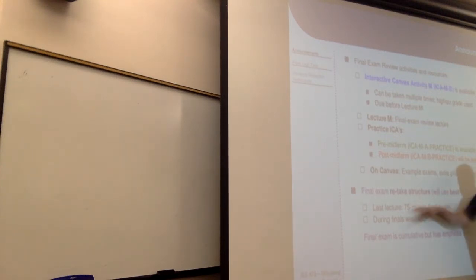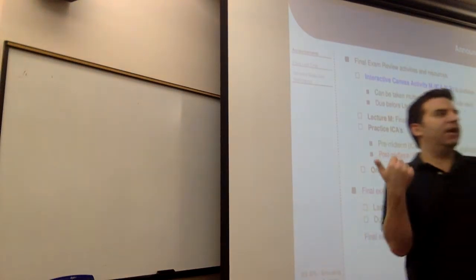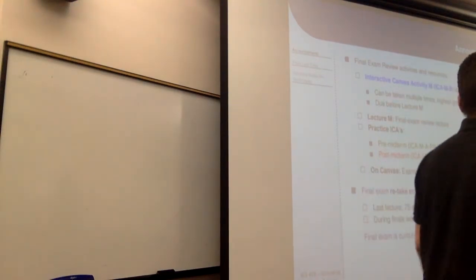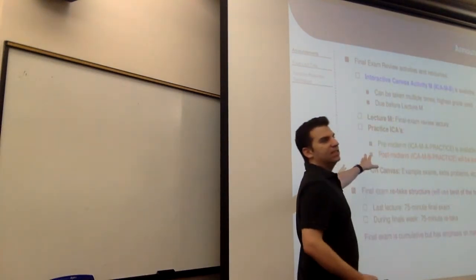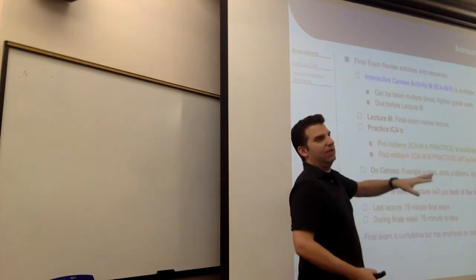Although, because it is 75 minutes, things will be concentrated more on the second half of the material. I have the post-midterm, but I am going to integrate some stuff from the early stuff. So do expect to know what a model is, like know the qualitative definition of a model, know about hand simulation, know how to generate random numbers. Some of the stuff that we're doing now talks about different ways you can use the random numbers you've generated.